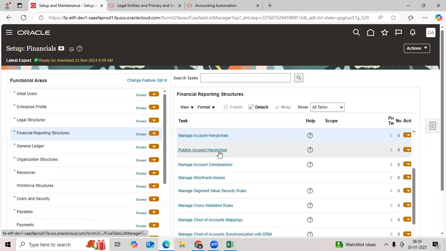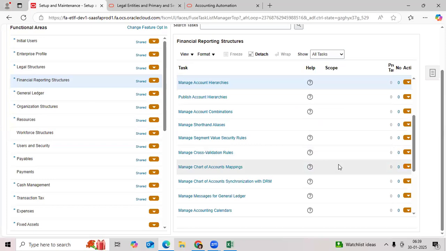Publish account hierarchy. If you added the new segment value at any time, you created the relationship hierarchy. You need to publish it to refresh the data to show that balance in data entry level or reports level. Then, what is aliases? We already discussed. Aliases is the functionality for quick entry, shorthand entry, speed entry, which will control, okay,